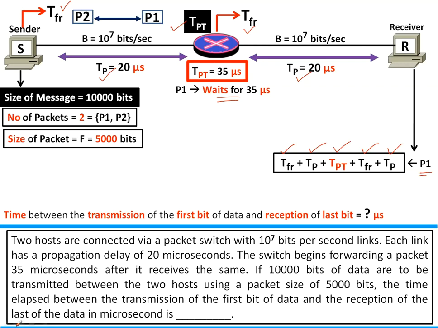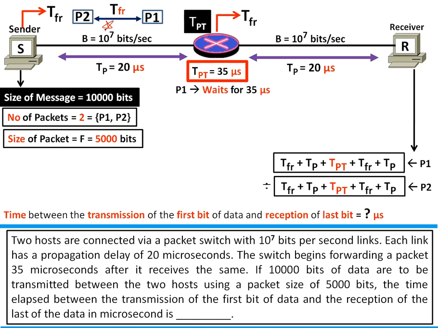What is the difference between P1 and P2 in the network, guys? How much time? Purely TFR. So in what time does the second packet come? That also comes with TFR, because P2 also waits. Though P2 covers the distance when P1 is waiting, unfortunately P2 also has to wait. So in the second path they will be the same. So between P1 and P2, again it will be TFR. So you'll get it in TFR seconds, guys.